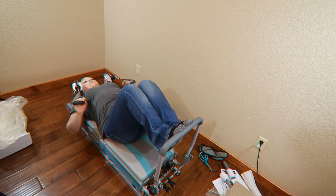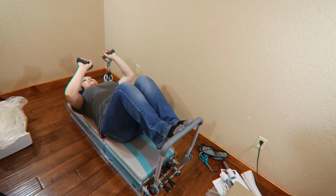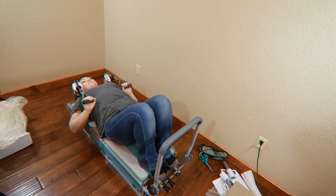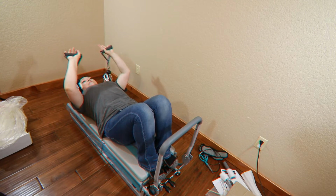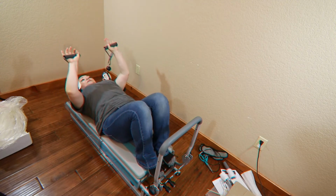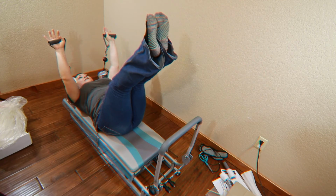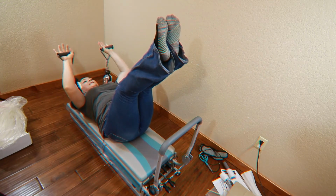It's a little less smooth than the AeroPilates machine on the rails. It's nice to be able to put your feet down. Do you guys see that? Well, I'm 5 foot, so maybe you can't put your feet down. But okay, here's where I was warning about the problem. And this is where it's going to be, guys. That's about where you would...